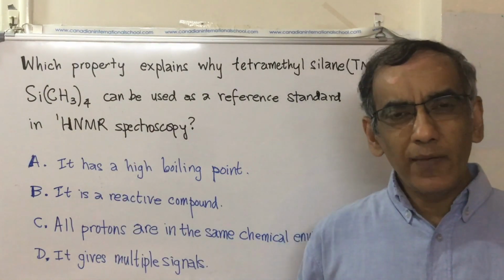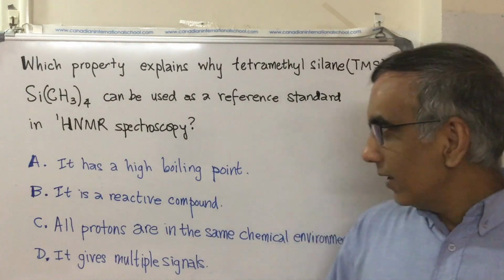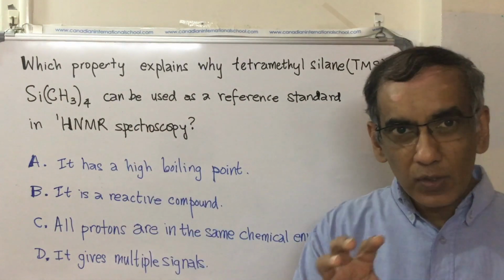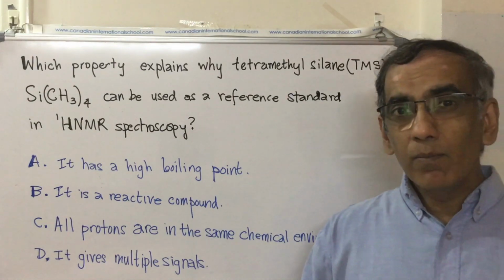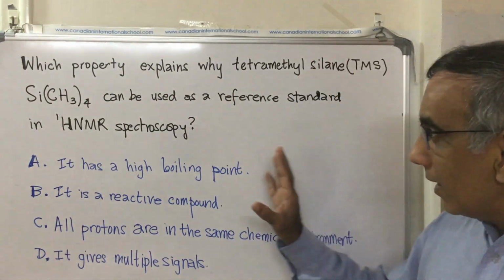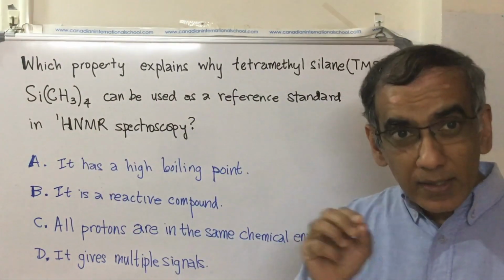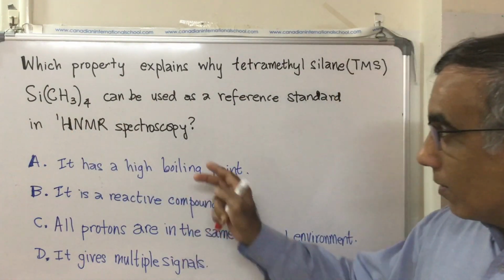What is tetramethylsilane and why is it used as a reference standard in this technique, which is used to identify an unknown chemical substance based on certain structural properties? Now, the NMR spectroscopy machine measures data concerning hydrogen atoms. When you use a molecule like